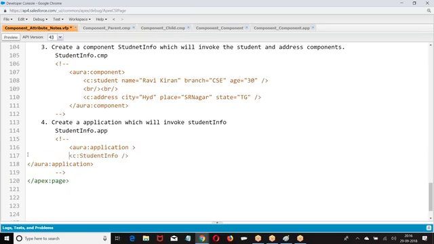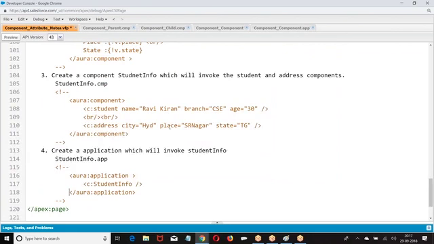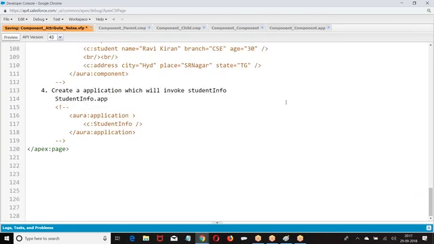Okay. Now you need to customize this application that I am giving now with your custom logic. In the student info, I want a component like this. I hope you are good with this.